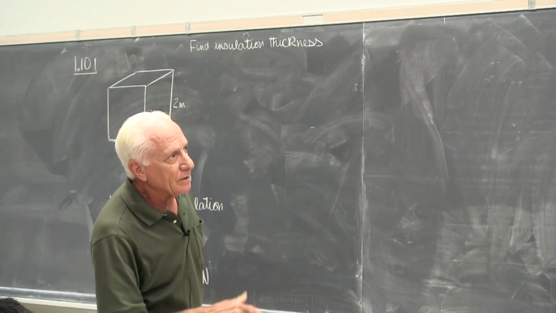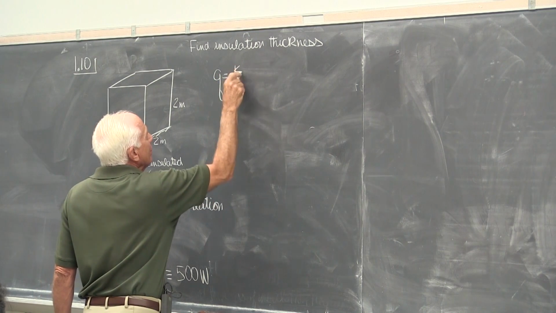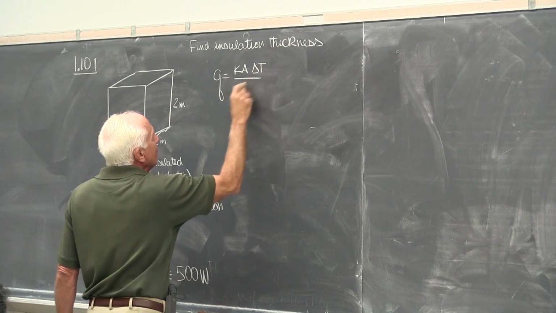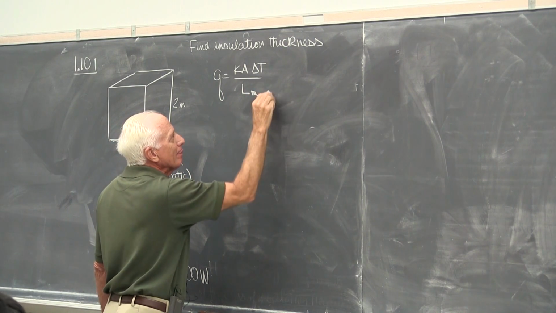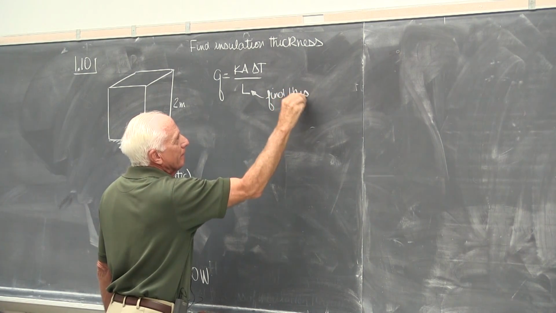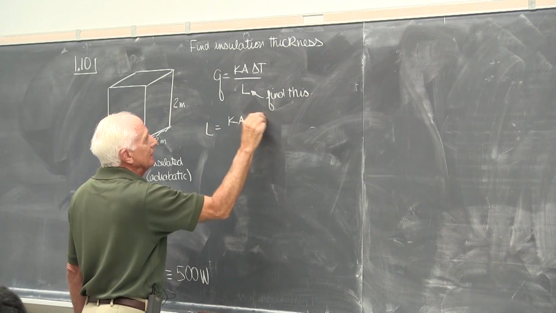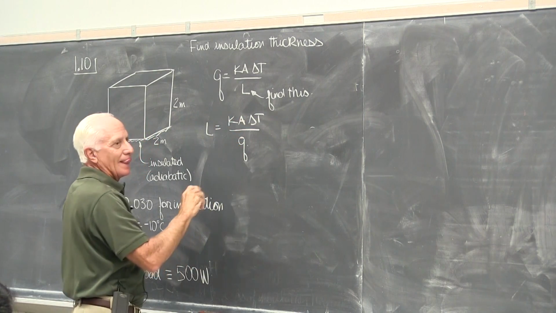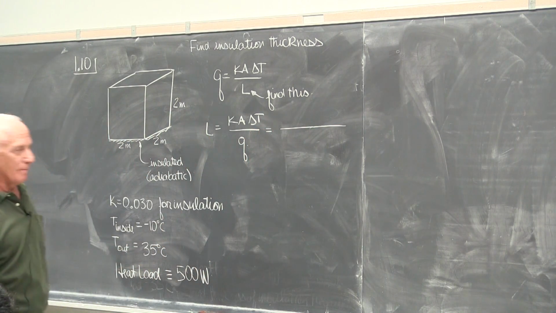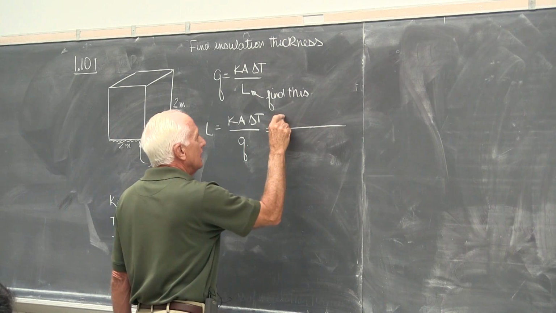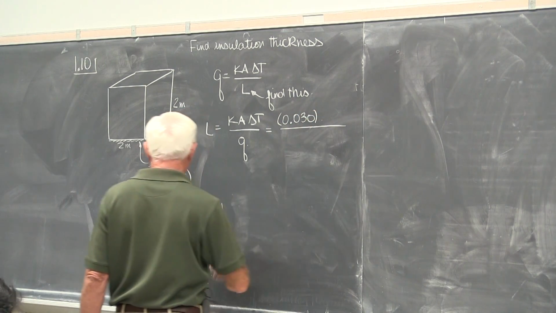There's the equation, chapter 1: Q equals k A delta T over L. There it is, L. Find L. L equals k A delta T over Q. K, styrofoam insulation, back of the book, 0.030 multiplied by